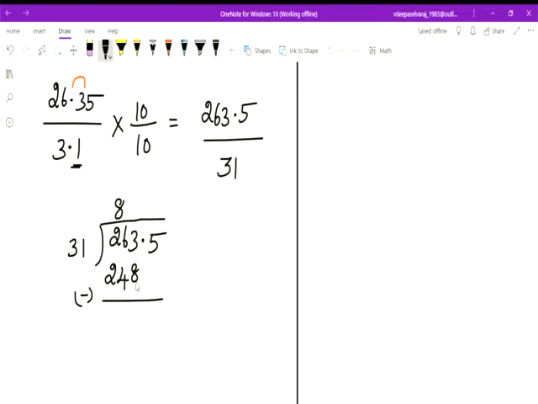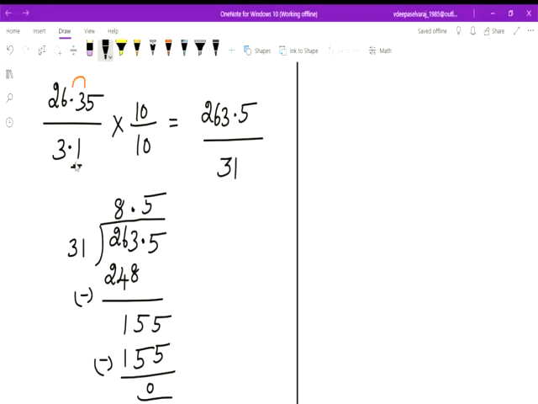3 minus 8, we can't subtract. So you borrow. Now it becomes 13. 13 minus 8, 5. 5 minus 4, 1. And see the question. Here one decimal is there. Just keep the decimal and take the next digit. Now how many times does it occur? 5 times. 5 ones are 5. 5 threes are 15. Now you subtract this. What will you get, children? 0. Okay. I repeat this.